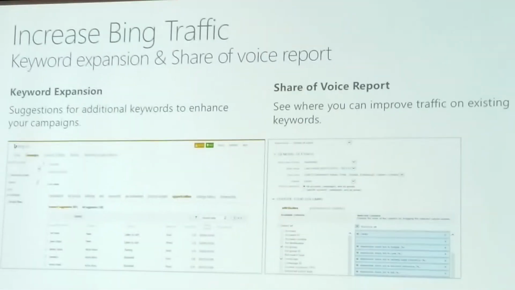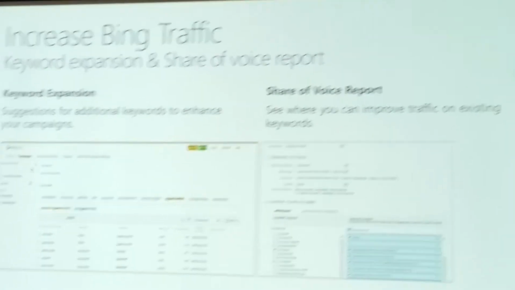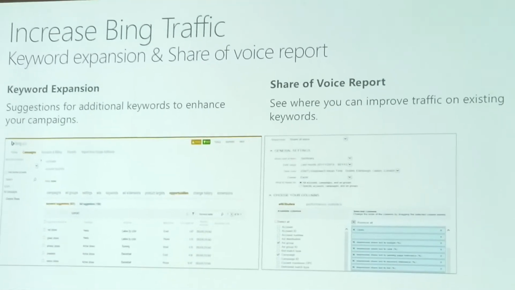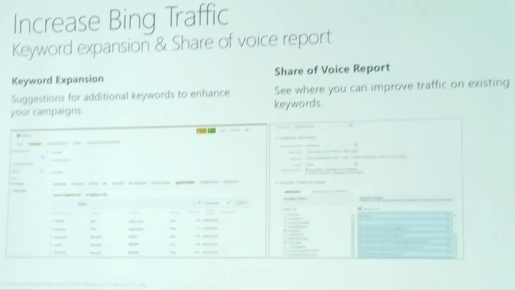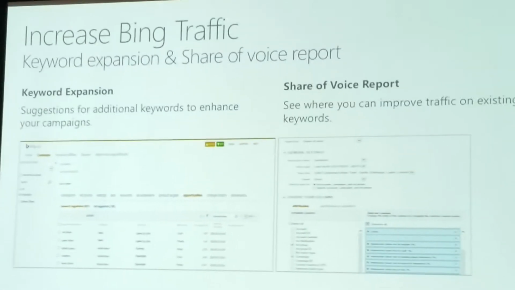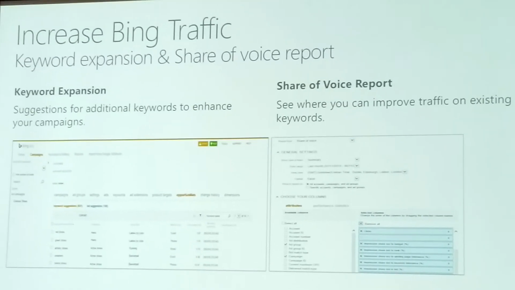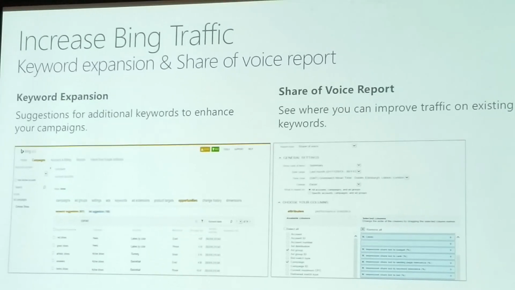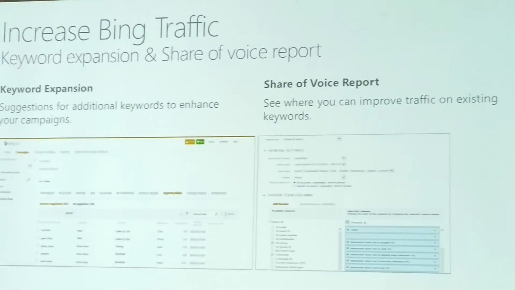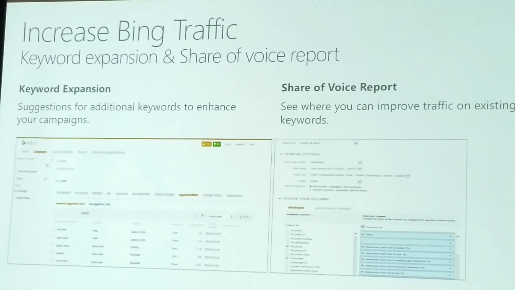It's looking at not only your campaign, but also your competitors' campaigns and saying, we see that you have a shoe campaign going here. Based off of traffic we know is on the Bing Ads network and what your competitors are doing, these are 50 keywords that you don't currently have that are receiving traffic and have competitive bids within the UI that we suggest that you bid on. And it's going to provide you with keyword suggestions as well as bid suggestions for those keywords so that you have a good